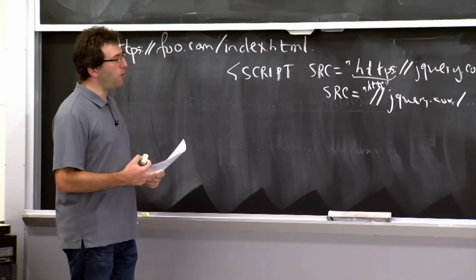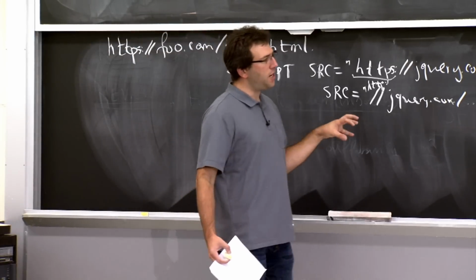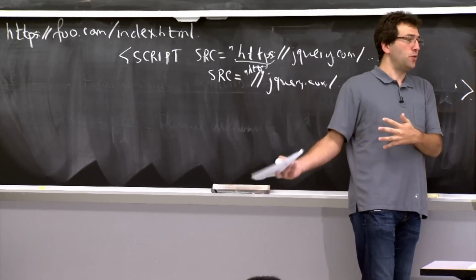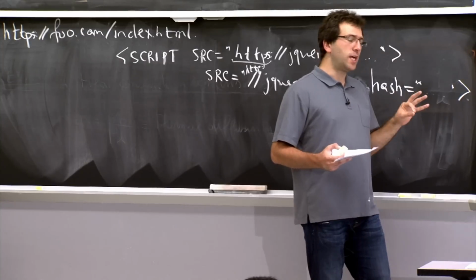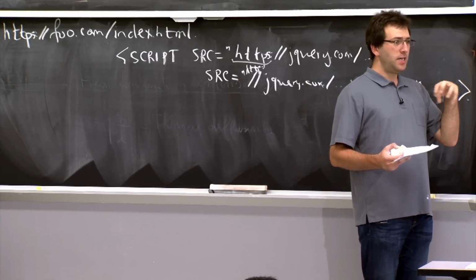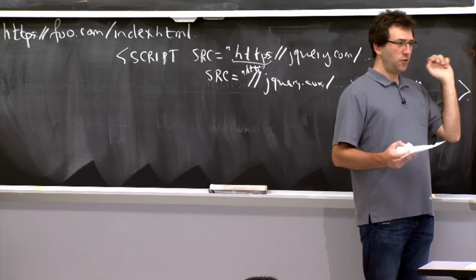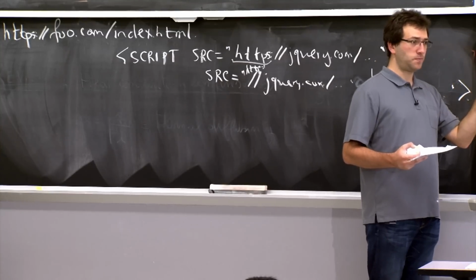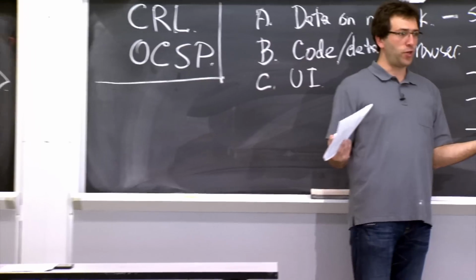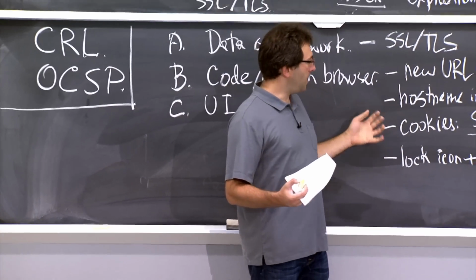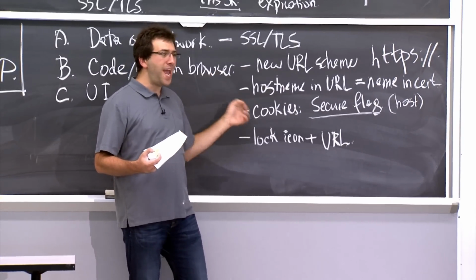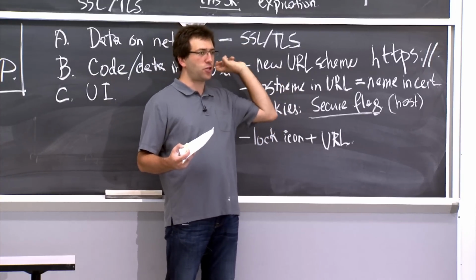Another, more subtle problem: the problem we talked about just now is a developer forgetting to set the secure flag on a cookie. That seems fixable. Okay, maybe the developer should just do it. Fix that problem. The thing that's much more subtle is that when a secure web server gets a cookie back from the client, it actually has no idea whether this cookie was set through an encrypted connection or a plain text connection. When the server gets a cookie from the client, all it gets is the key value pair for a cookie. And as we look at here, the plan the browser follows is that it'll include both secure and insecure cookies when it's sending a request to a secure server.